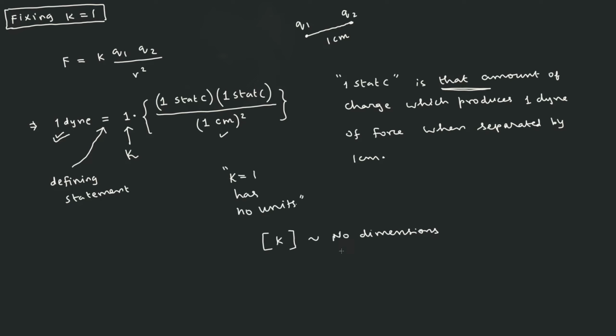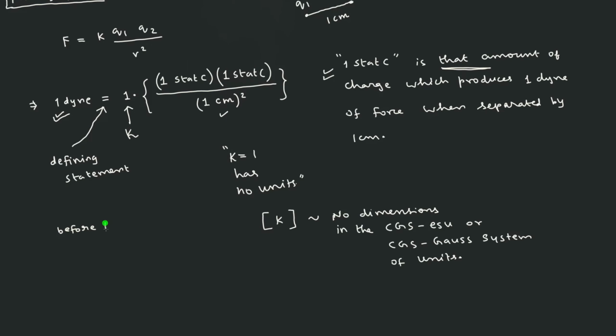This has no dimension only in the CGS Gauss system, or we say ESU system. Either you write ESU or you write CGS Gauss system. So before 1800, people tried to manage the situation like this and fix the value of K equal to 1. But however,